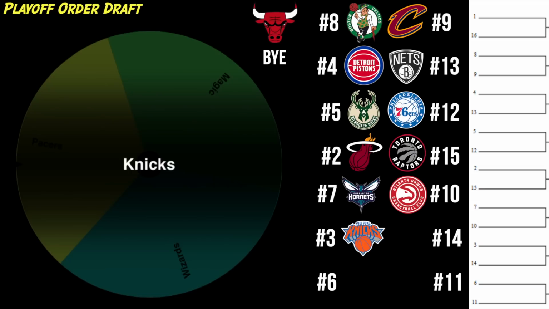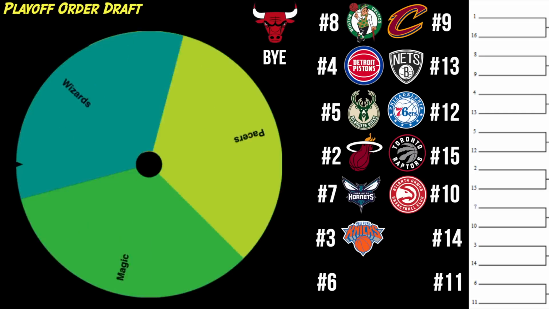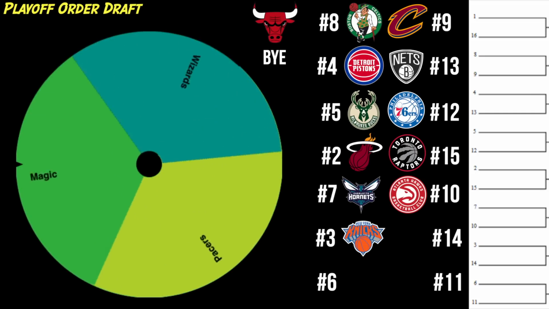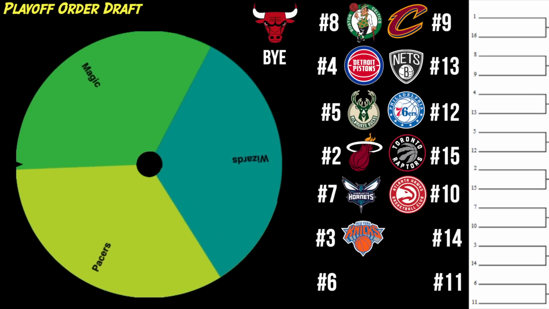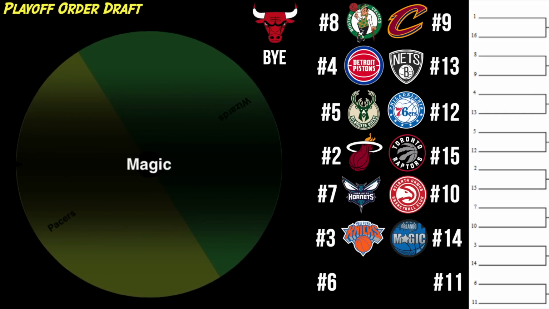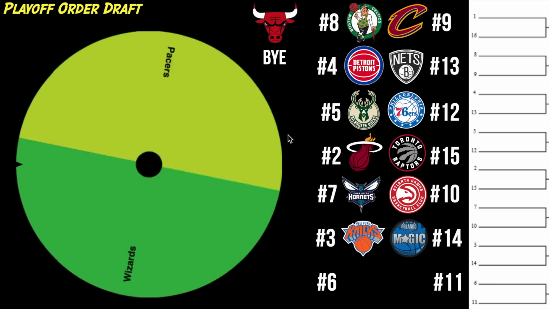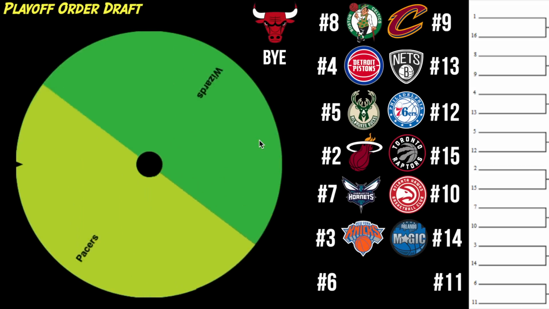And now the 3 seed will be taken by the New York Knicks. And how will this New York Knicks team do in this playoff bracket? They just got Jalen Brunson in the offseason. They re-signed RJ Barrett, and now they're going to go up against, it looks like, the Orlando Magic. And that's going to be an interesting first round matchup. Oh my goodness, the rookie Montero against that New York Knicks team.